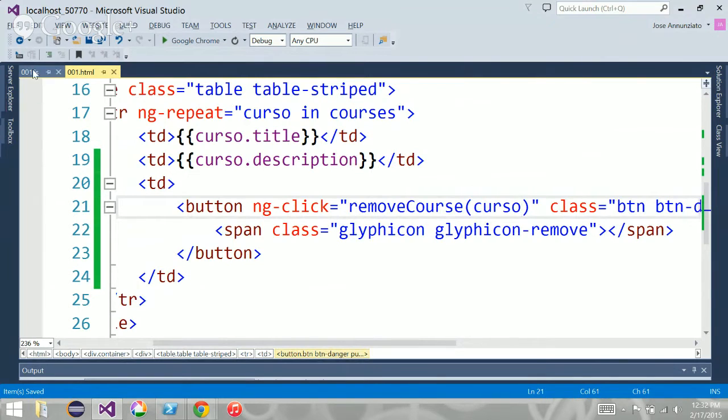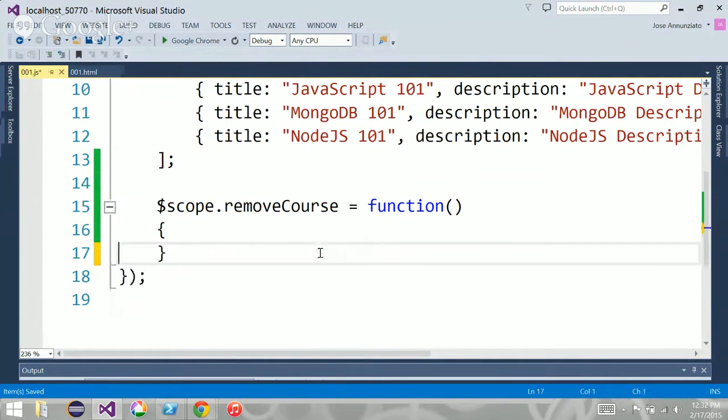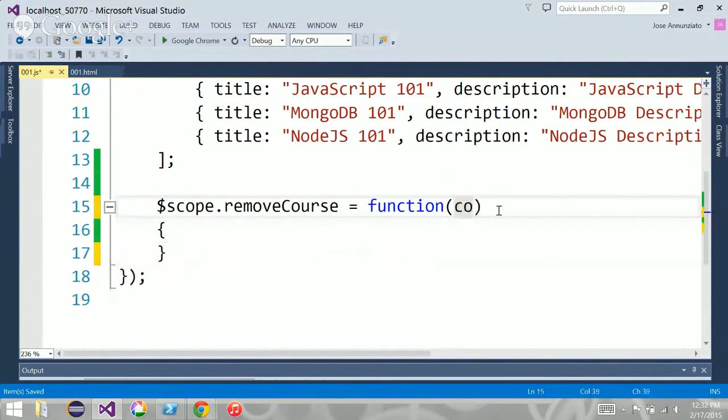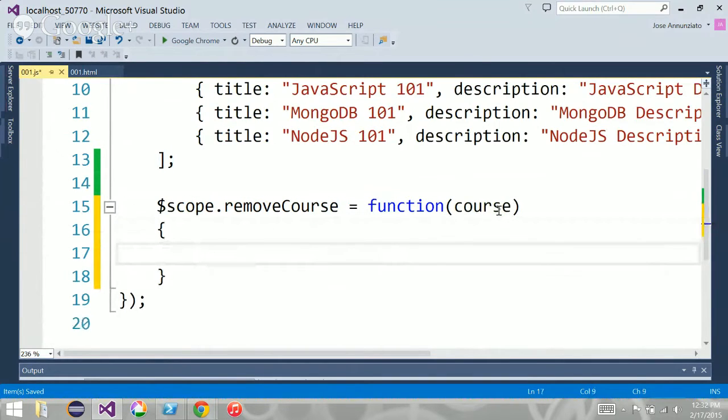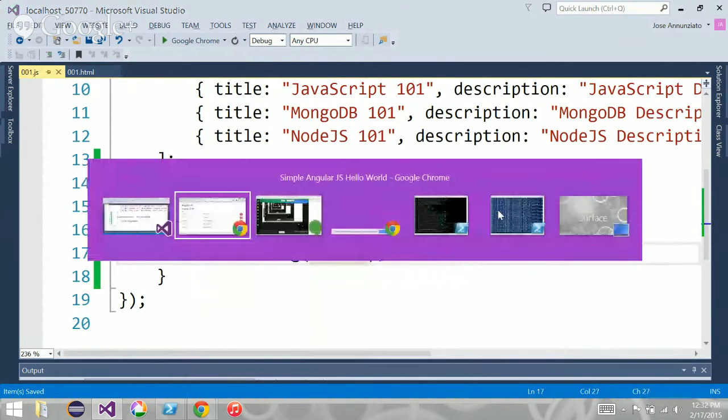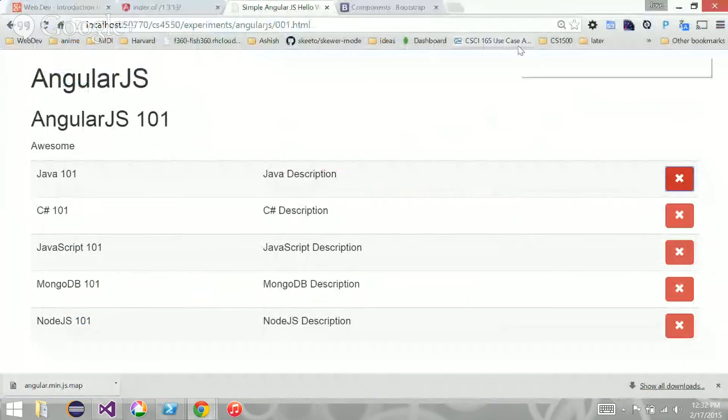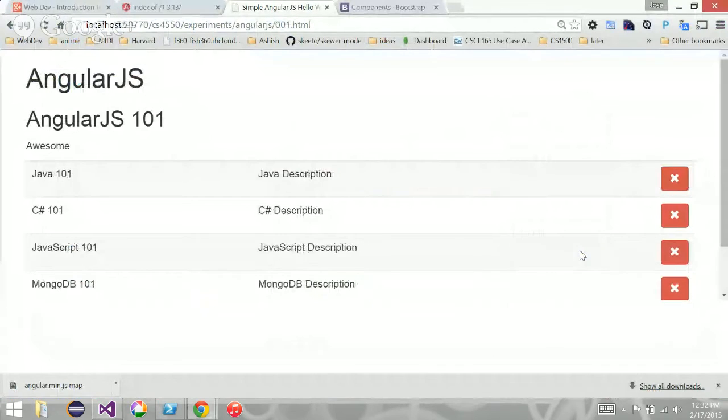So now instead of alert, we're going to receive here the course. We're going to receive it there, right? And we're going to console log the course. We're going to display it. So we're going to render this, and we're going to view, inspect this, and